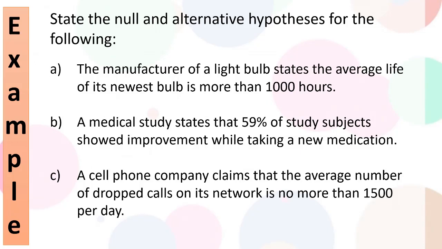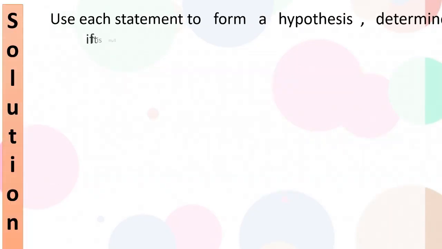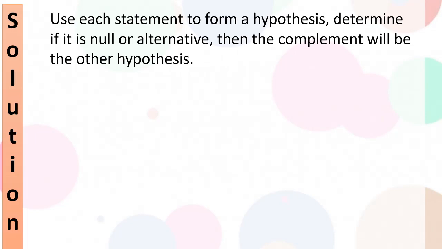Okay, so what we're going to do is use each one of these statements to form a hypothesis. And then once we've done that, we'll describe that as either the null hypothesis or the alternative hypothesis. And then we'll come up with the other hypothesis. So these statements don't contain both hypotheses. They'll contain one hypothesis, and then using the fact that they're mutually exclusive, we'll come up with what the other